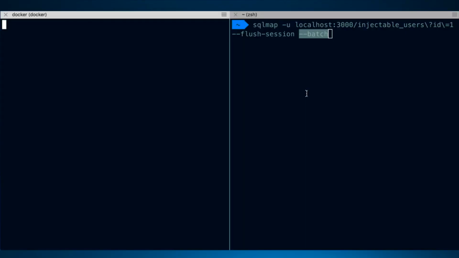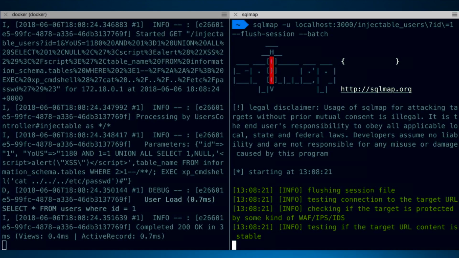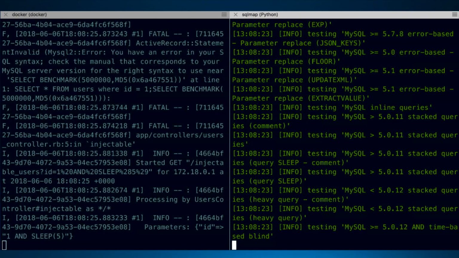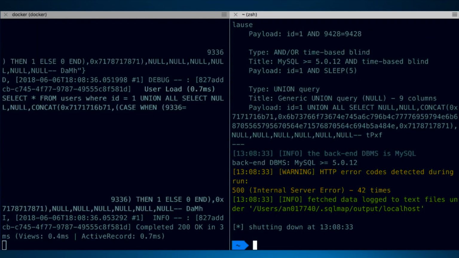So if we look at the output just from that command right there, this is what we're going to see. On the left, you see a handful of the logs from my Rails application, and on the right, you're going to see what the actual tool is doing. Very quickly, it's running through, and you can see it's testing a handful of different things. And when we get to the bottom, you're going to see that